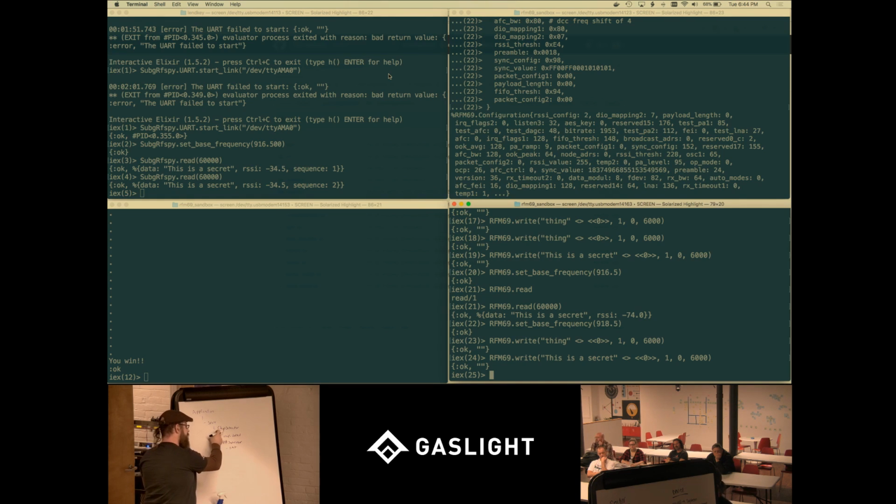Now, what that means is that depending on how you start it, if it's linked, then it's linked to the chip detector. So if the chip detector crashes, your chip's going to crash. That might not be desirable. So what you might want to do is actually have a chip starter